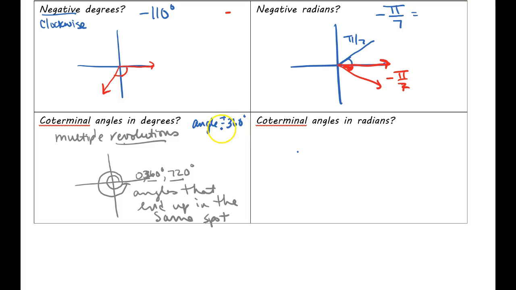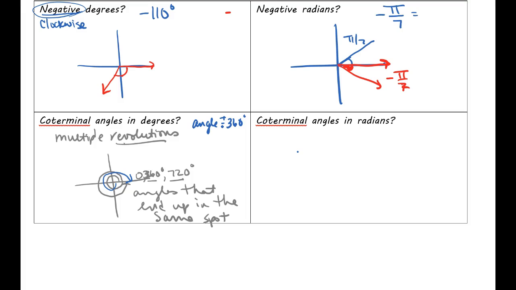Now why can I say minus 360 degrees? Why do you think it's okay for me to put that minus there? Okay, if you didn't figure that out, it's because I can travel around the circle counterclockwise, but I could also travel around the circle clockwise. And if you're traveling clockwise, what does that mean? It means that the angle is negative. So that's why it's okay to subtract 360.